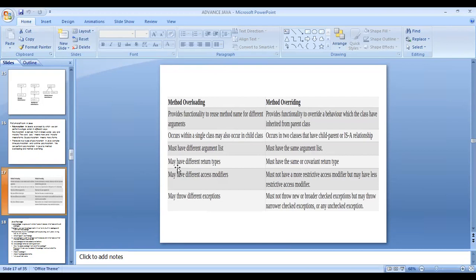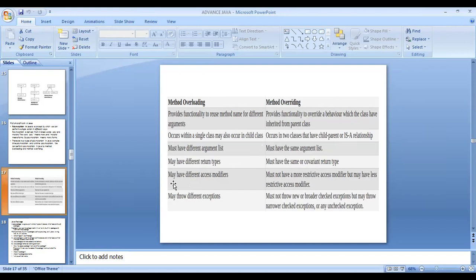Next, method overloading can have different return types, just like integer, string, boolean. But in method overriding, they must have the same or covariant return type, which means the return type cannot be changed here.